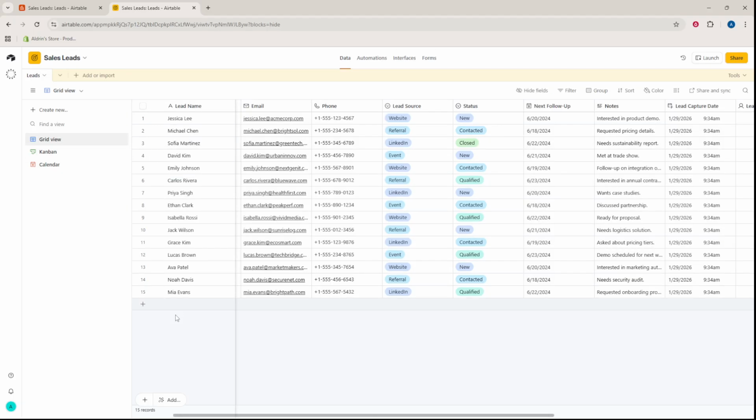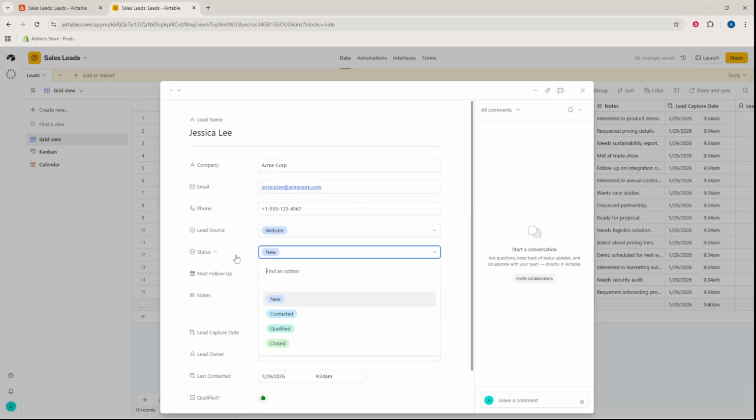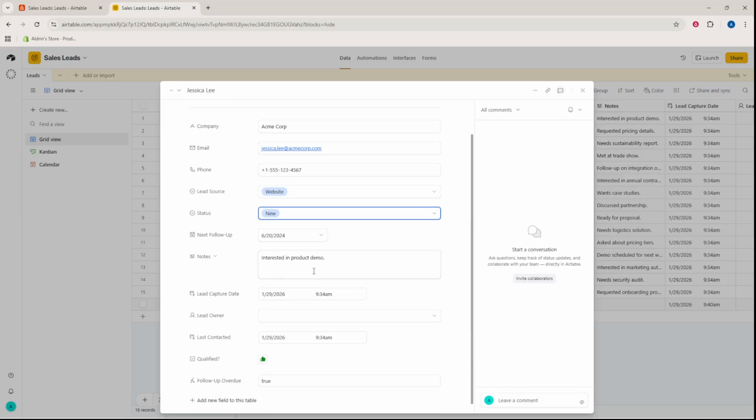Now add your leads. Click plus add record and fill out each column. Set the status to new to start. As you work your leads, update status right away. Use next follow-up to schedule your next step, and write concise notes after each interaction so you always know what